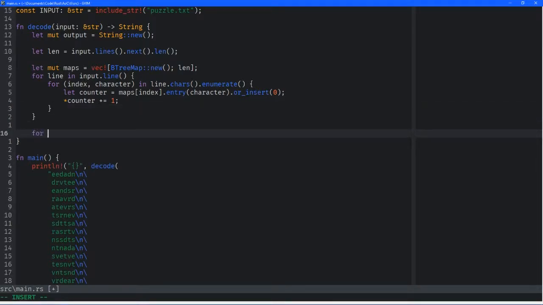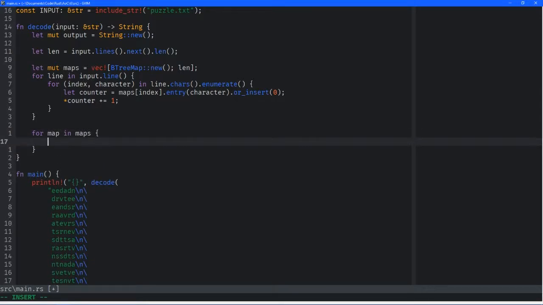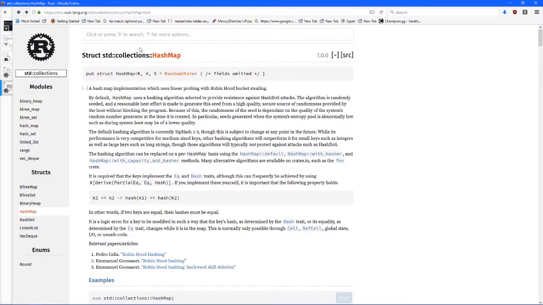So now we need to do for map in maps, and we can consume this. We need to find the largest value in the maps. They're B-tree maps, but